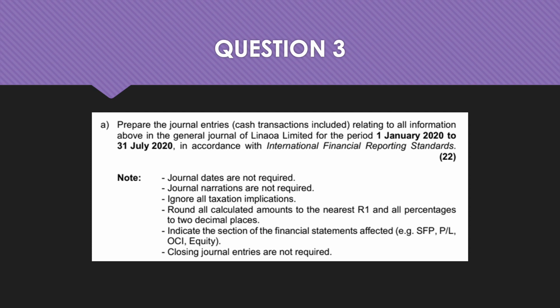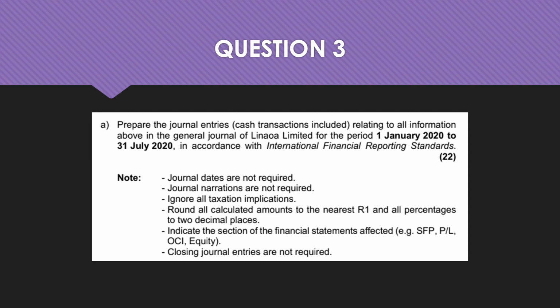We then move on to question 3, and the first requirement of question 3 was to prepare the journal entries relating to all of the information above in the General Journal of Lenoa Limited for the period 1 January 2020 to 31 July 2020. Now, as you will see in the required, we only asked for journal entries for a